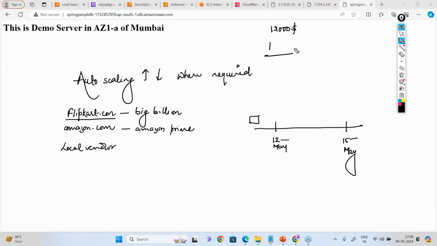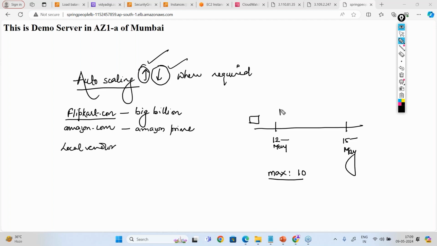So in that case, we want to scale up and we want to scale down. We want to scale up when required, and we want to scale down when required. So in that case, we want to go with auto scaling. So when we are going with auto scaling, let's say from 12th of May to 15th of May, we want some capacity to be increased. So in that case, we are going to put a value, that is max. So if I am putting max 10, then no matter what the condition is, AWS is not going to increase beyond the maximum capacity of 10. So 10 will be the fixed capacity.